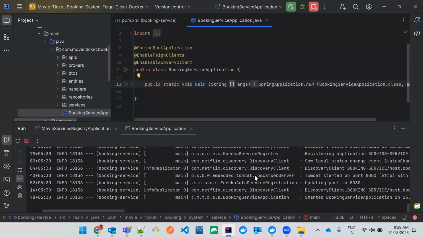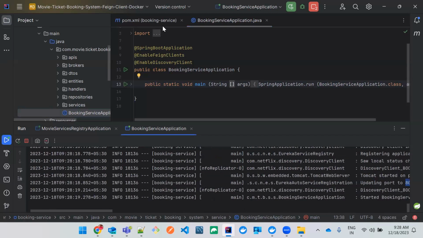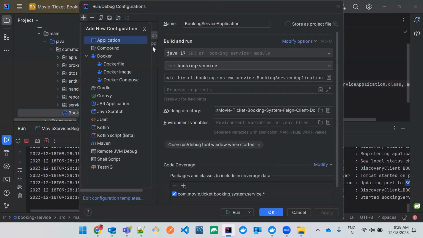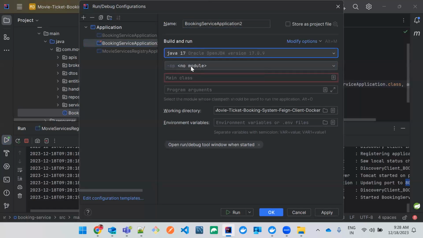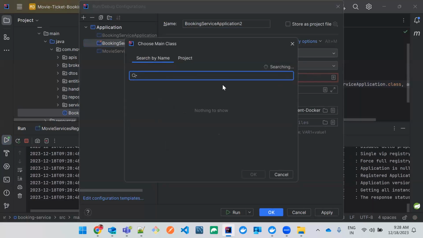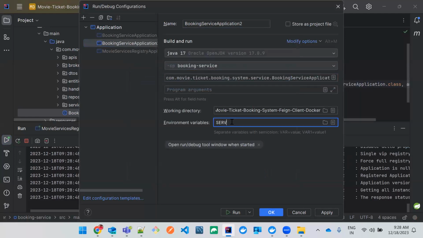okay, so we have started the booking service application on port 8080. Can I run the booking service application on a different port? Yes, we can. Go to edit configuration, add another application, and select application as a configuration. Here you can select booking service application 2. I need to mention the JDK module and the services booking service, and the main class is booking service application. That's it. And now inside the environment variables, I just have to mention server.port equal to